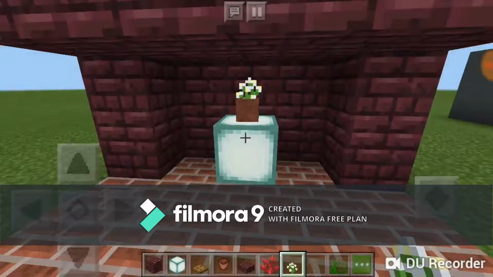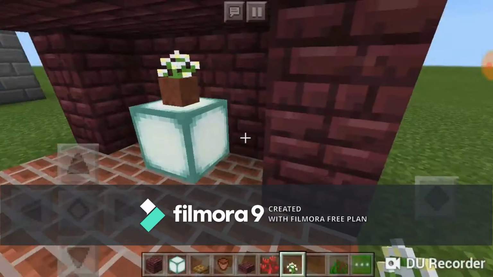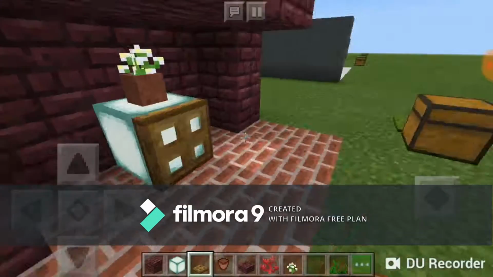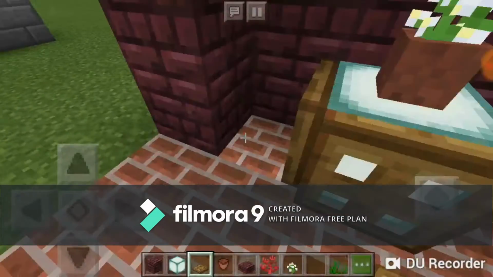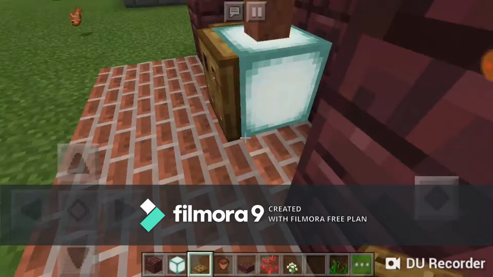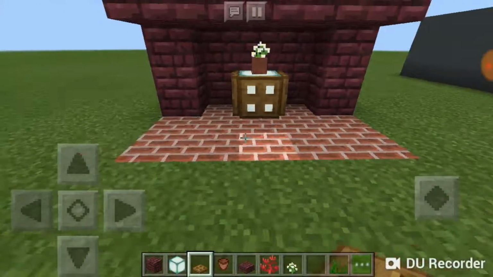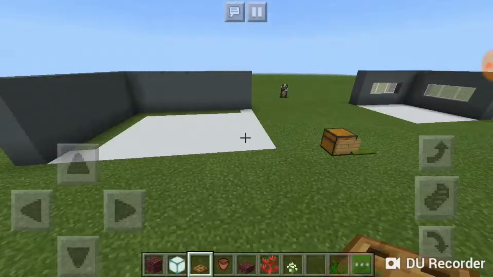Now to cover the sea lantern on those three sides, you're going to use the oak trapdoors. Here also it's optional. You can use any type of trapdoor you want, or you can just leave it like that also. But I think the trapdoors make it look better. So here you go, guys. Let's move on to the